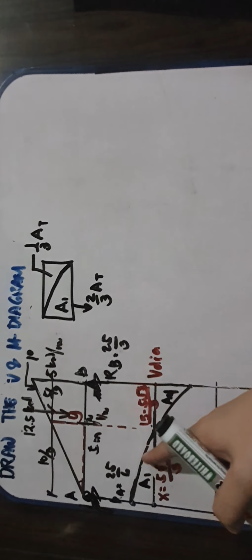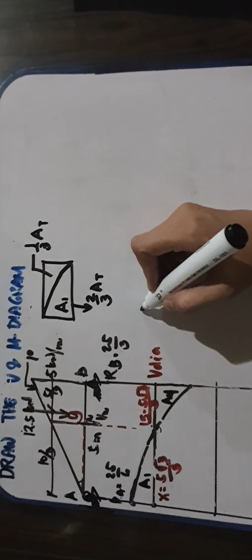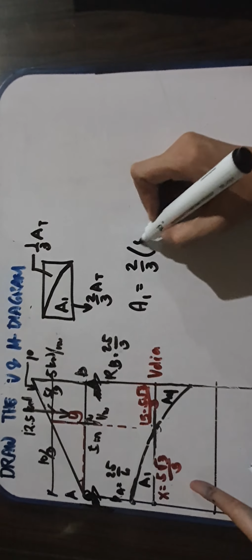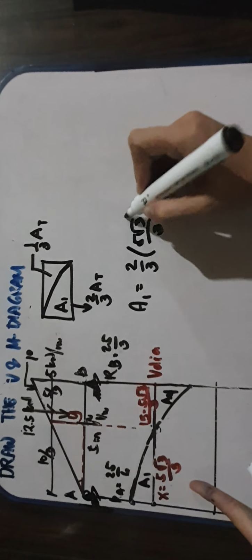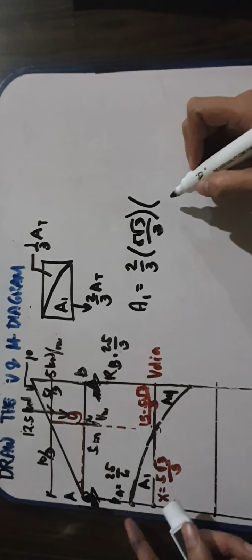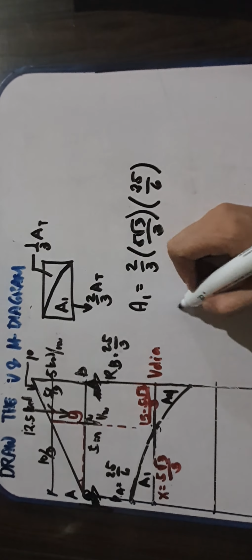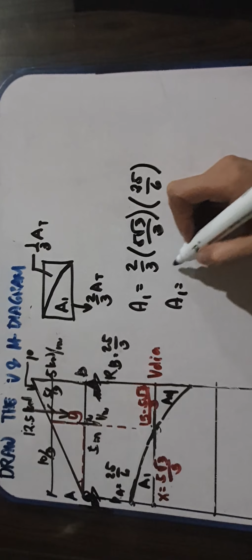Okay? So, anong ibig sabihin yan? Dito po, ang pag-compute is more on area. So, how do we compute for A1? A1 is 2/3 multiplied by the base, which is 5 square root of 3 all over 3. And then, multiply natin yung height nito, which is 25 all over 6. Okay, what is your area 1? Area 1 is equal to